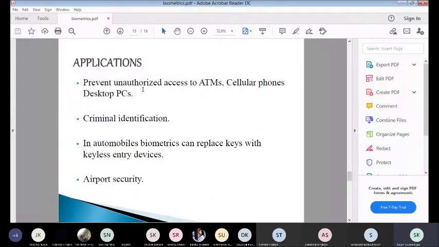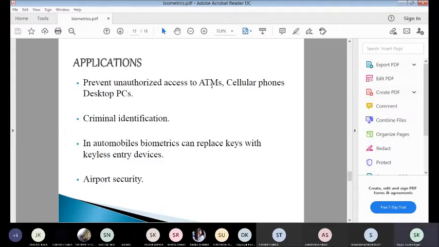And applications prevent unauthorized access to ATMs, cellular phones, desktop PCs. Now the ATMs which are using the thumb are there in the market. With the help of the thumb, which is used for identification, and cellular phones, for preventing unauthorized access to cellular phones. Why? Access to someone else's cellular phone is unauthorized,